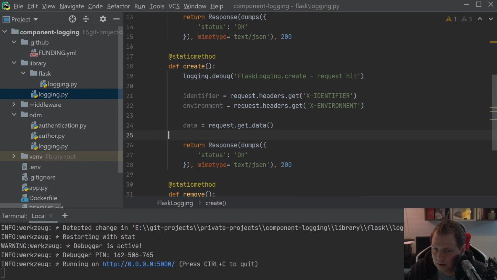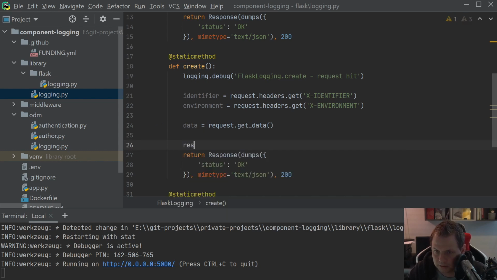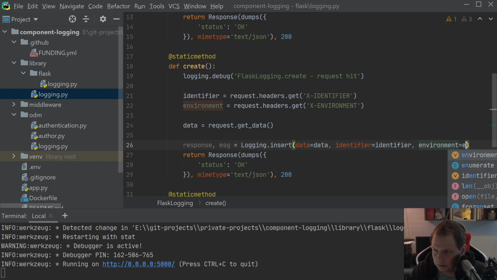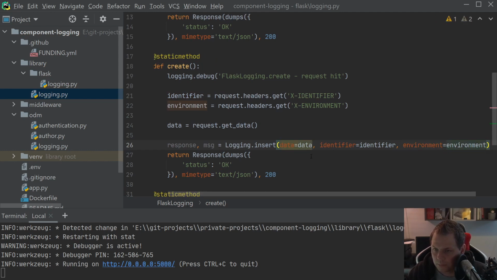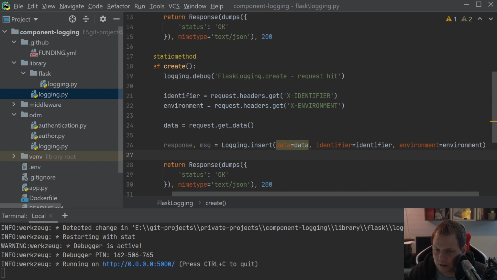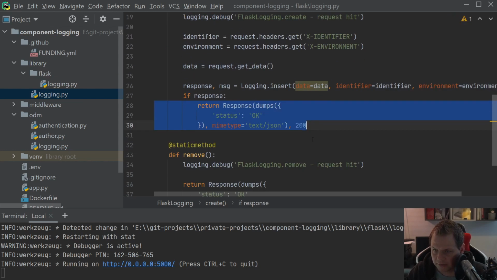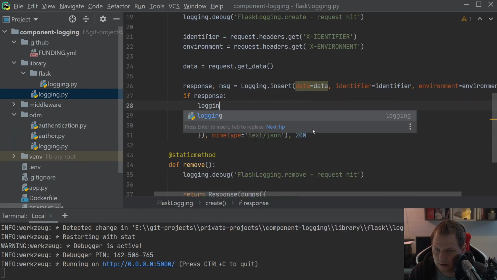Then we are going down here, say response, and message is equal to logging insert, and then we need the data here, data, and identifier is equal to identifier, and then environment is equal to environment. Based on the data here, we got the response back about what's happening, and we say if response is true, then we just say everything is going pretty good, and we just say logging debug